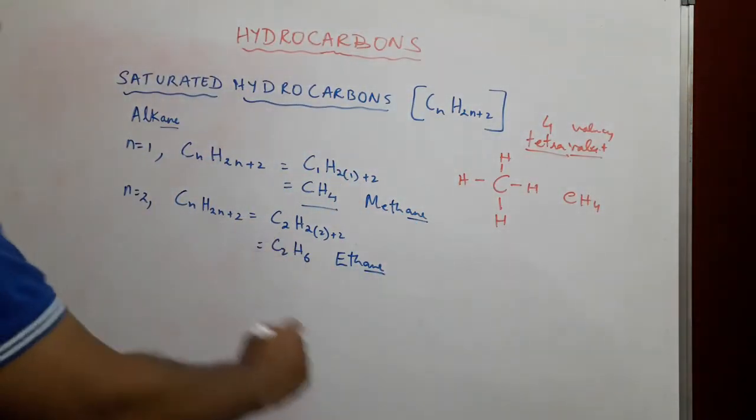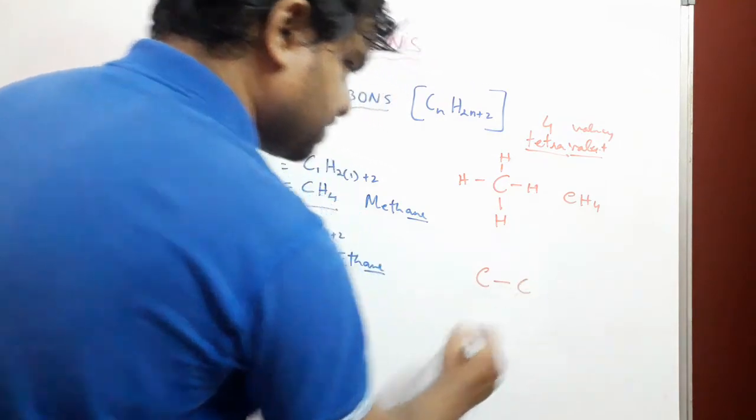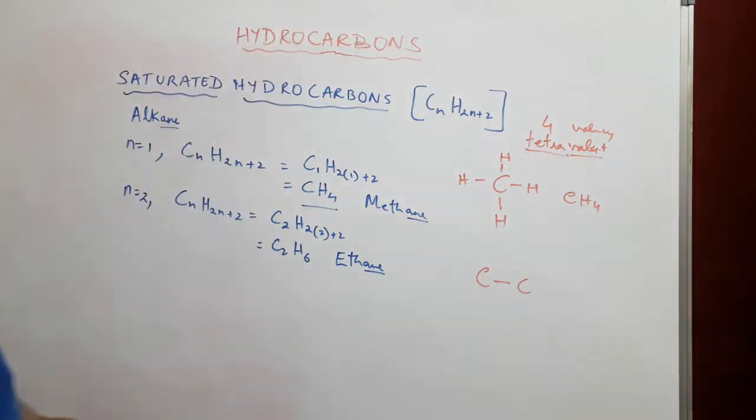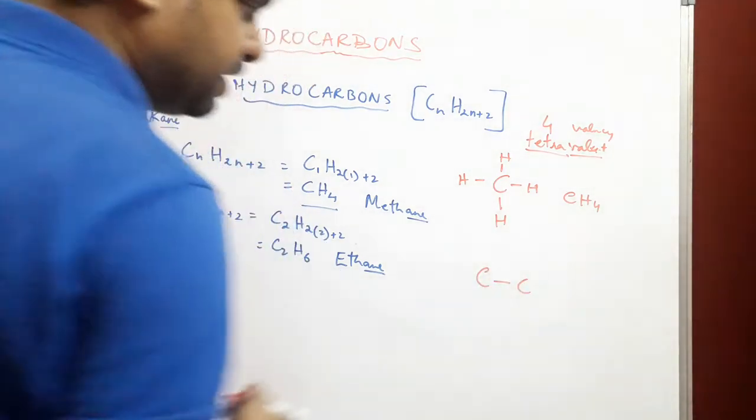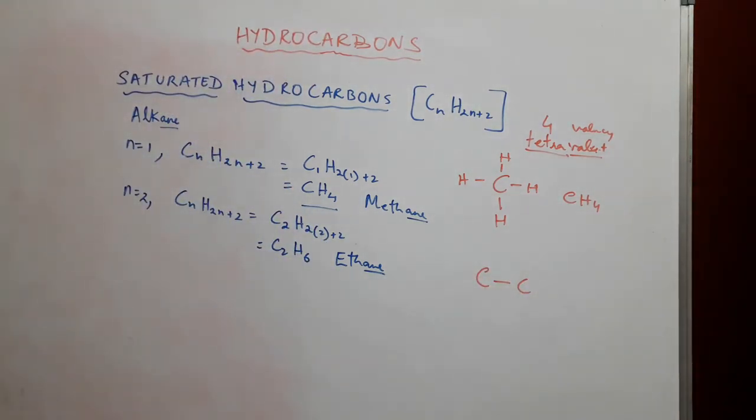Similarly over here we have 2 carbon atoms, so C and C. Carbon has a unique ability to combine with itself, with the same atoms. For example, it can form long chains of carbon atoms. The property of self-linking of an element, mainly carbon, through covalent bonds to form long, straight, branched chains and rings of different sizes is called catenation. This is mainly possible because of the small size of the carbon atom and the great strength of the carbon-carbon bond.